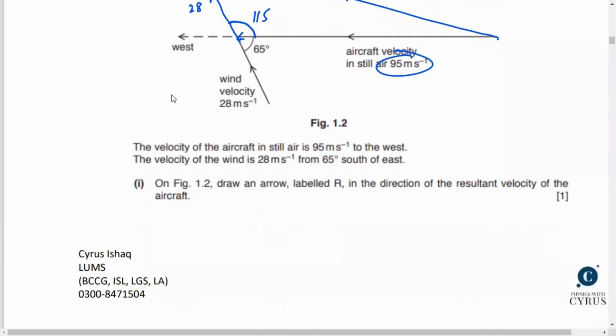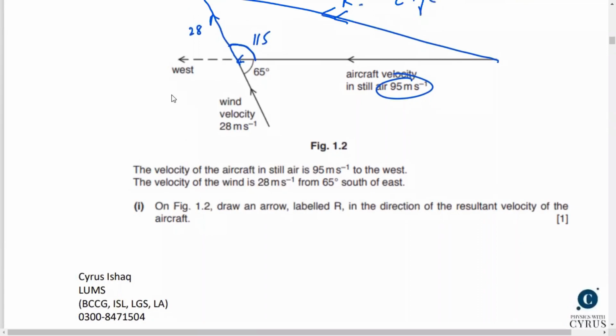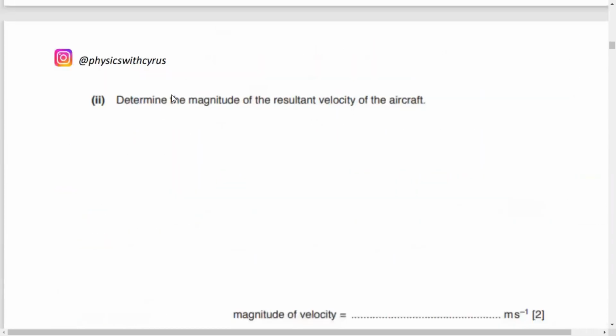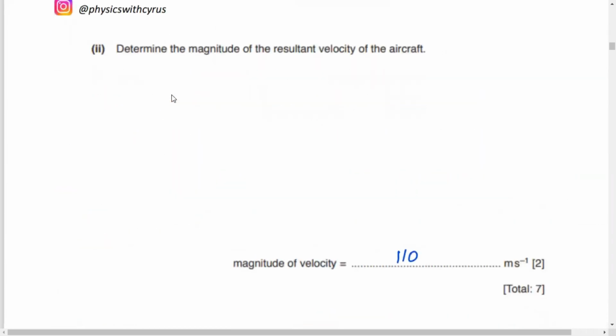वो आपने सिग्निफिकेंट फिगर्स का ख्याल रखना है, राइट? ठीक है, यहाँ पे डेटा में आपके पास जो है वो 2 सिग्निफिकेंट फिगर्स हैं, और यहाँ पे भी 2 सिग्निफिकेंट फिगर्स हैं। आप 110 कर दें, 2 कर सकते हैं या 3 कर सकते हैं, जो मिनिमम डेटा में होता है उतने या उससे एक ज्यादा आप कर सकते हैं, राइट? ठीक है, सो द आंसर आई एम गोइंग टू राइट हियर, इट इज 110 मीटर पर सेकंड। दिस इज हाउ यू विल अप्लाई द कोसाइन,